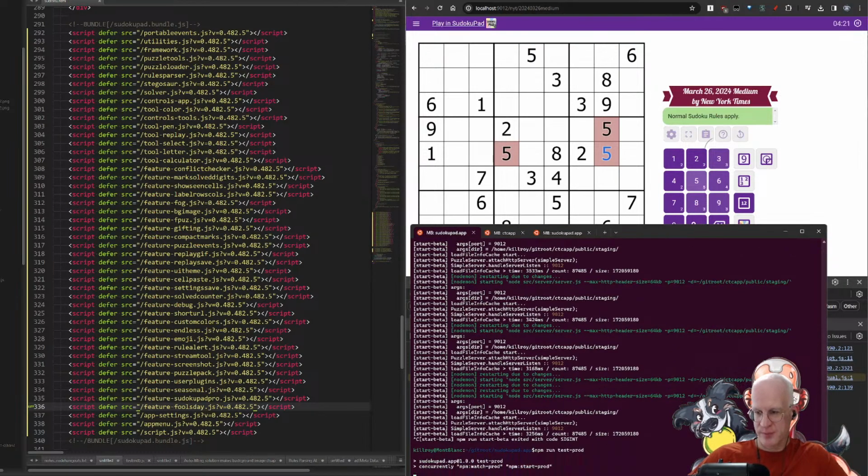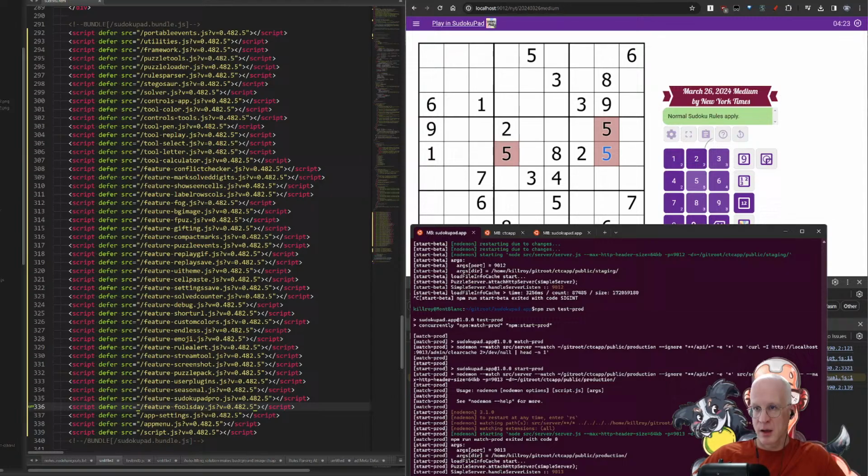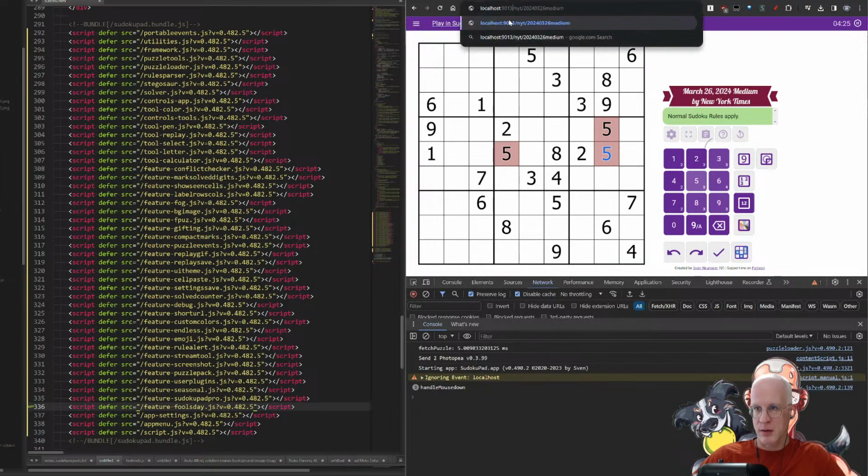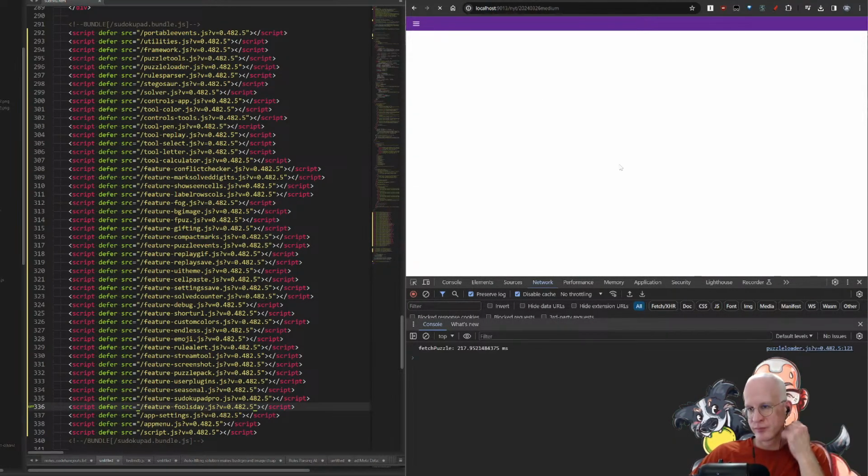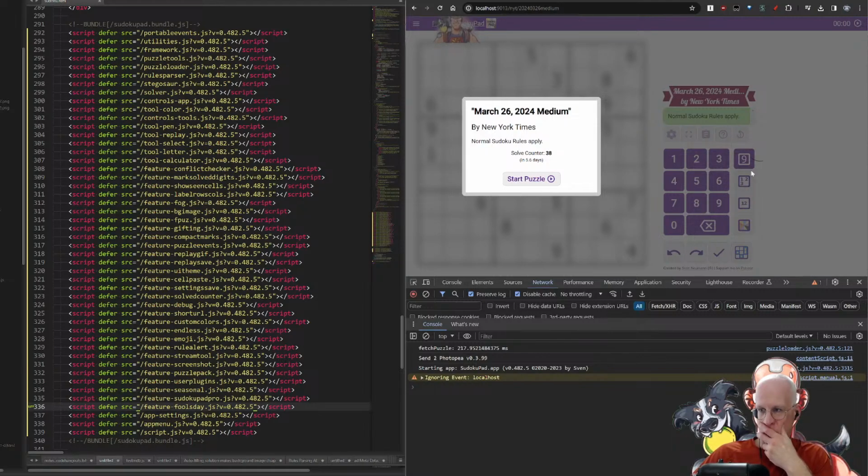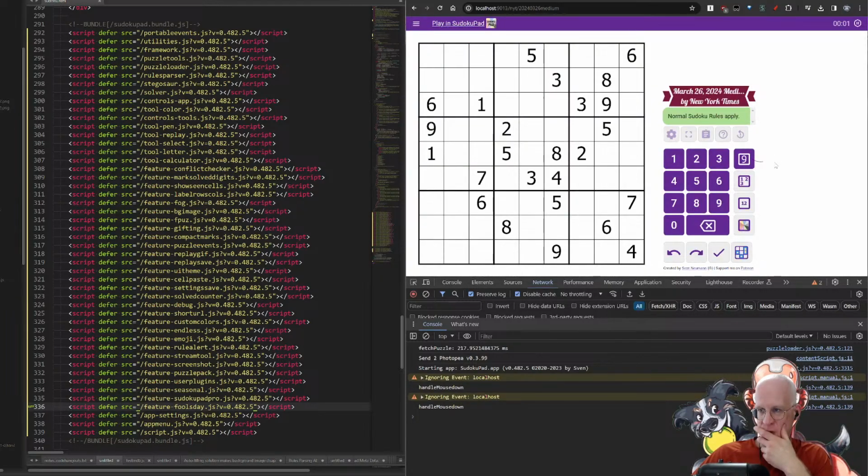Test production. And I think that's on port 13. There it is. Alright. Let's just quickly run through this game. Oh, handle mouse down. Why? Why? I'm